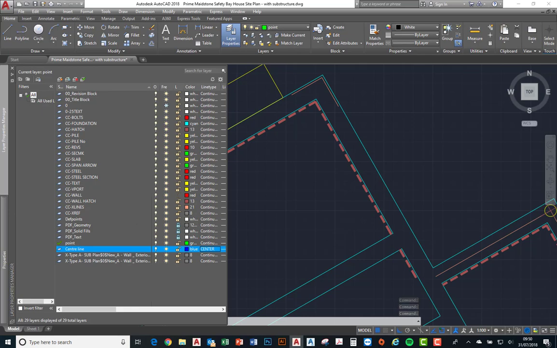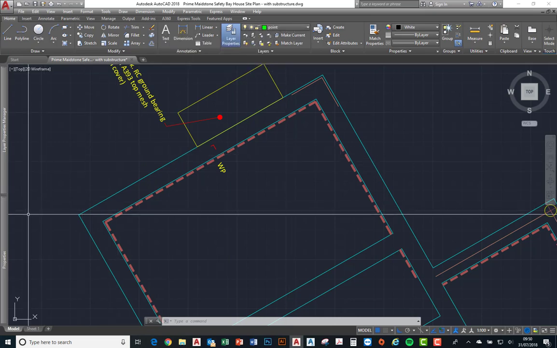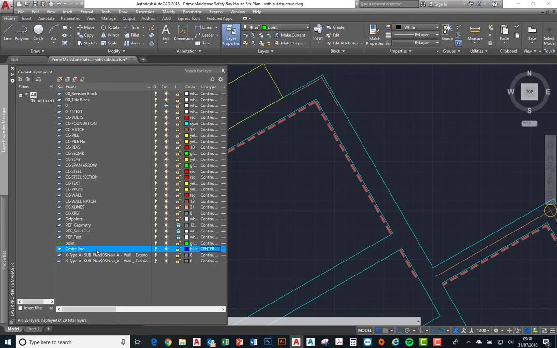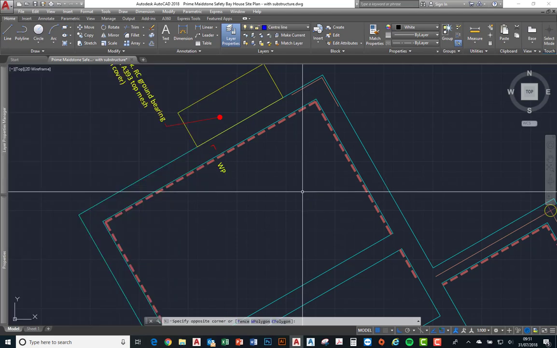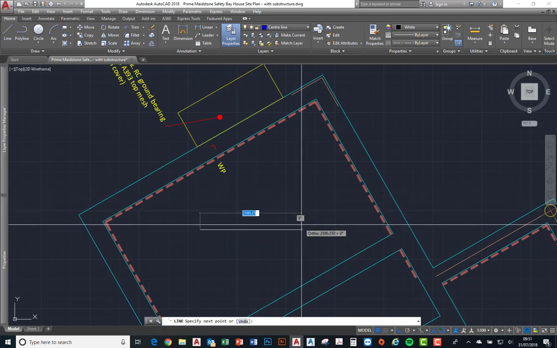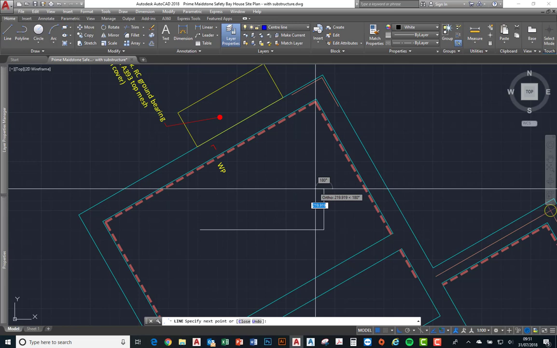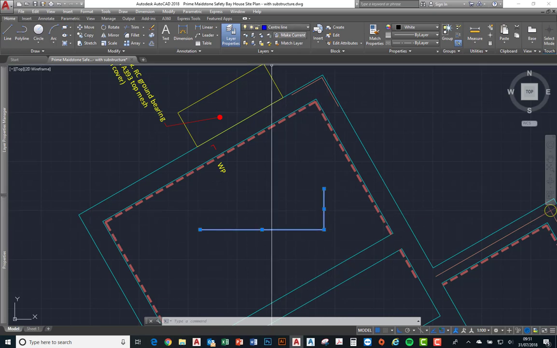What you'll find is if you look up top here, your current layer shows up here. At the moment the current layer is point, but we want our current layer to be the center line. So again, you can right click on that and set current. Now when we create a line, I'm just going to create a line by typing L for line. Okay, this is quite a common thing. I've created a line. We know it's on the center line, but at the moment